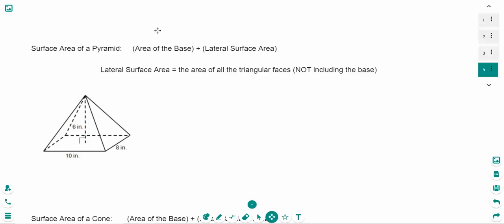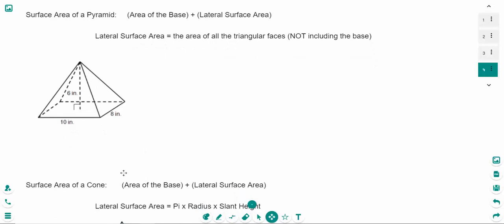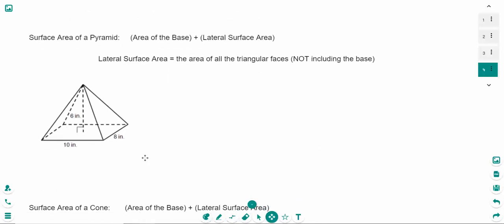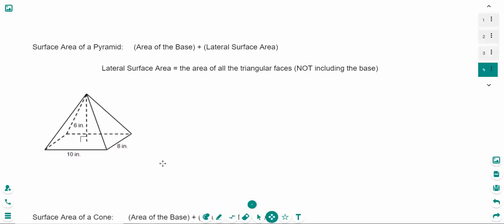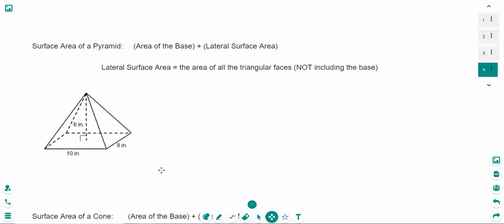Okay, so in finding surface area for a pyramid, and by the way, the surface area for a pyramid is slightly different than the surface area for a cone. Well, in general, I guess the general idea is the same, but the formulas are a little bit different. Okay, so what we're going to try to do is take the area of the base